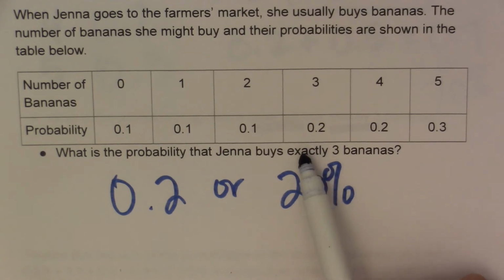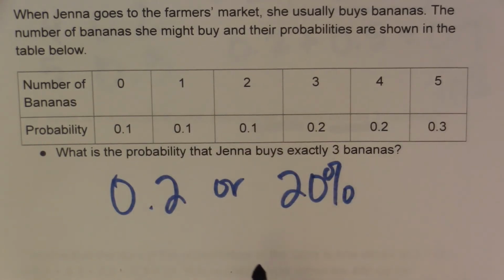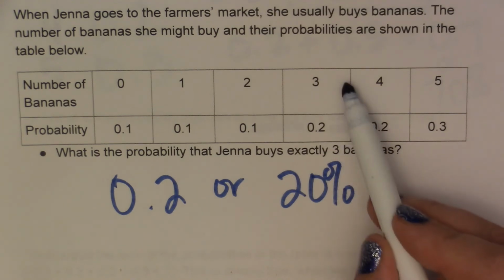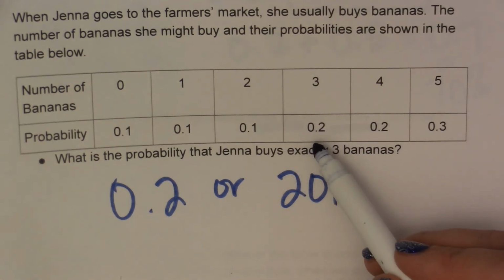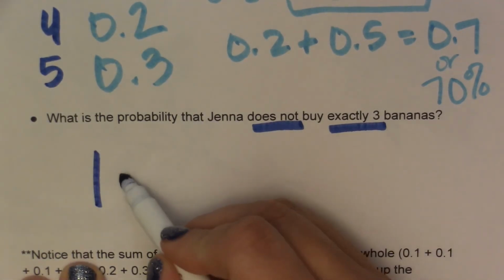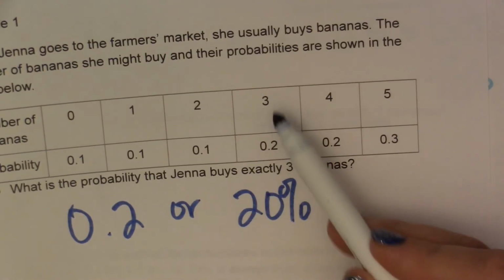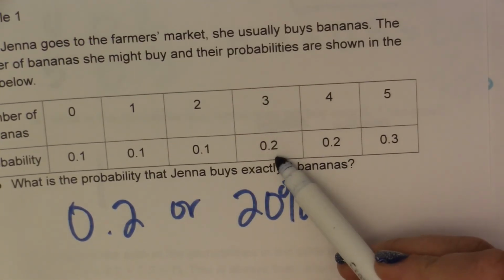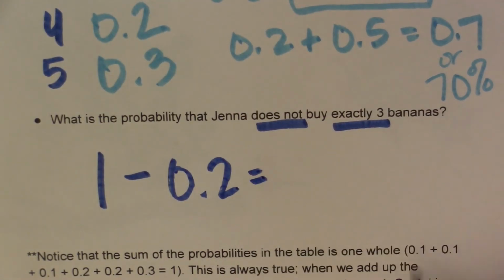So you could do this a couple of ways. You could first add up all of the other probabilities, or we could take that whole 100% and take out just the probability that goes with our number of bananas. So for this one, we're going to say 1, and then we're going to subtract out the probability of buying 3 bananas, so the 0.2. And that would give us